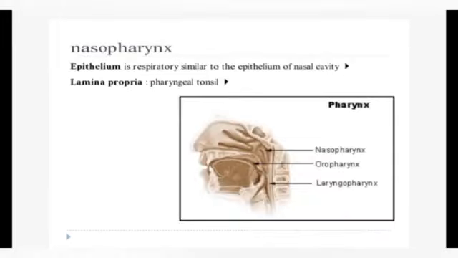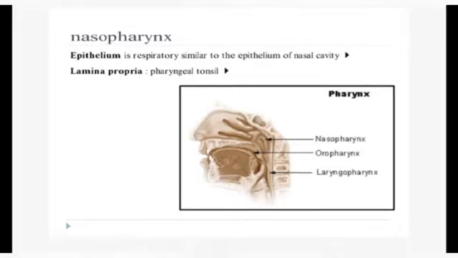If we talk about the nasopharynx, the nasopharynx is the part of the pharynx which is just behind the posterior nares. And from within outwards, the wall of the nasopharynx consists of 4 layers: the mucosa, submucosa, a muscular layer, and a fibrosa. The mucosa consists of the epithelium and the lamina propria. The epithelium, again, is of the respiratory type.